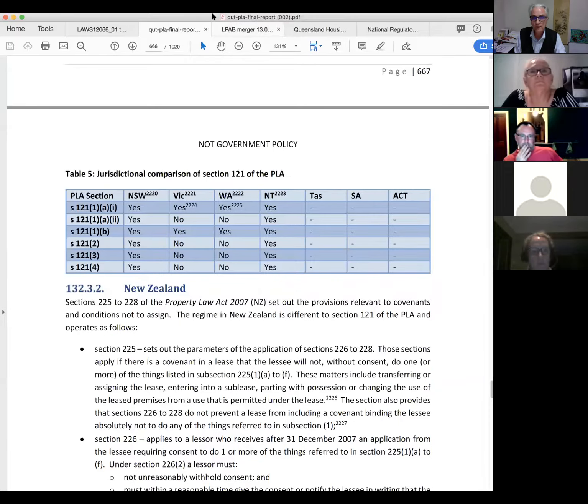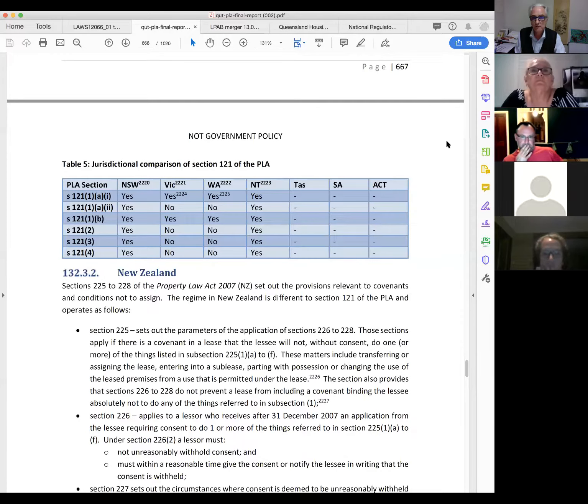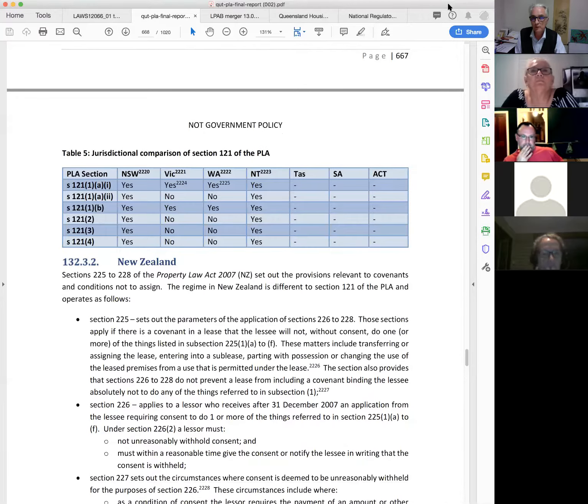So here we have the Property Law Act Review, the 2018 review. I've already indicated to you there's a huge section on leases. You don't need to read all that, right? But it's interesting, for example, to go back and have a look at, and again, these are proposals. So in a problem-solving question, you don't need to bring this up, but it is interesting that we looked at 121 and 124.